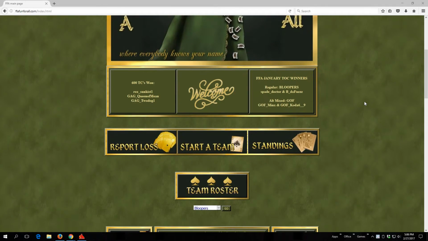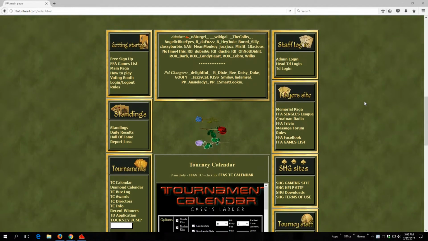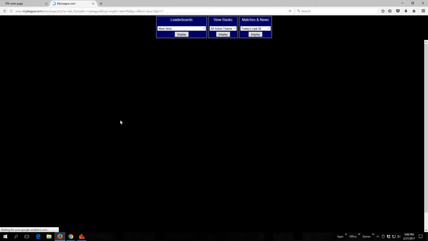And then if you scroll down, there's all these boxes on the left and the right. Everything that you'll need to know is on the left. But before we get to the personal stats, there also is a team stats. And to see this team stats, the second box here that says standings, if you click standings, it brings up